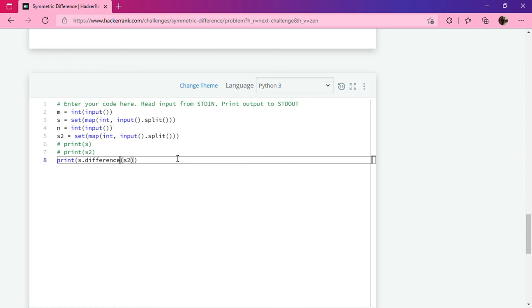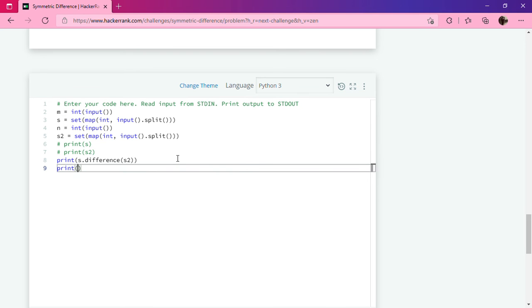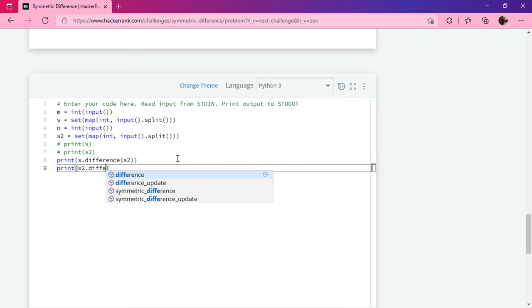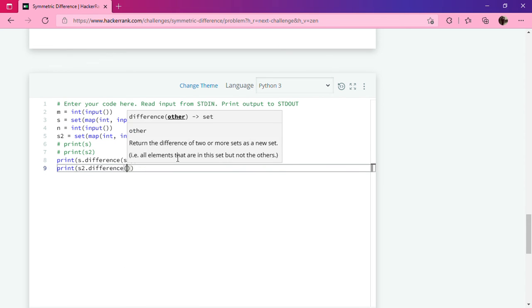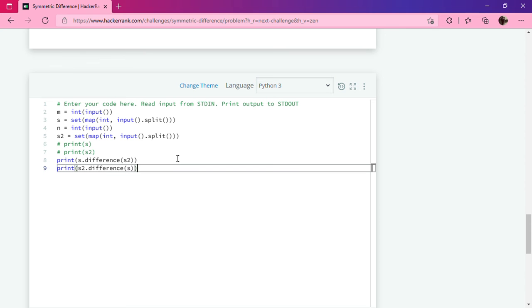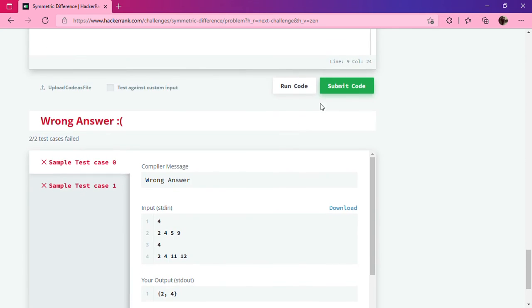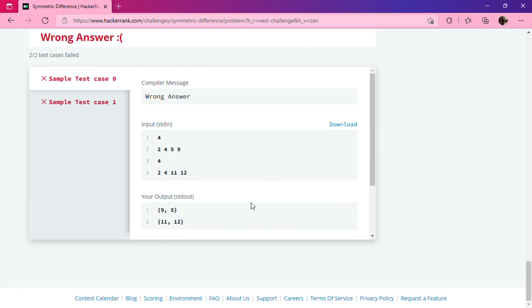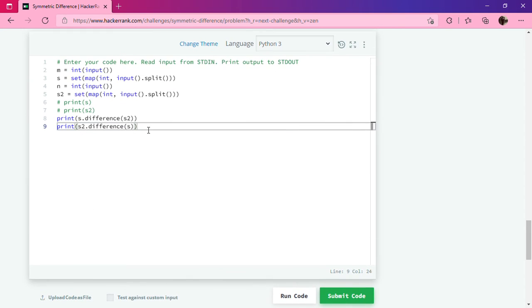Difference, then print s2 dot difference s. Let's check this, what it's printing. 9 5 11 12, right? So, and we can, okay,